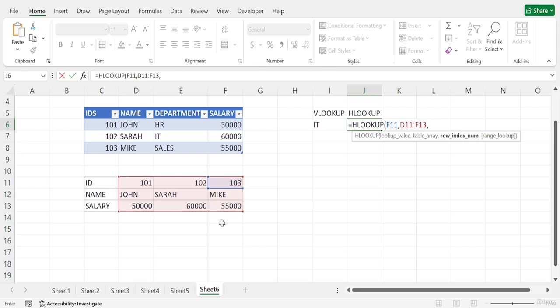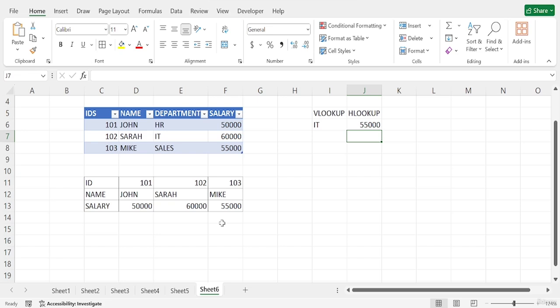I will use 3 for salary, which will be the row index number, and after that I will add FALSE for exact match. If I press OK, as you can see, it is showing $55,000. So Mike has a salary of $55,000.